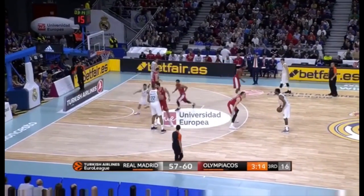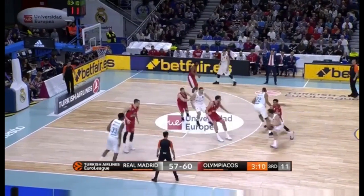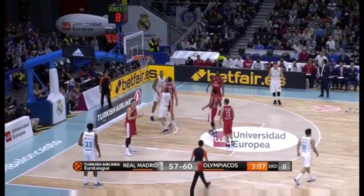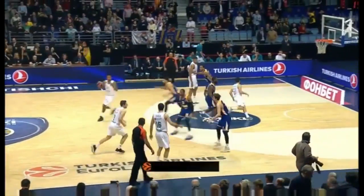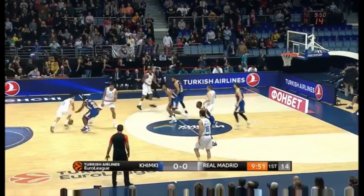Doncic up top to Tompkins. Tompkins off to hand off to Campasso. Campasso looking for the pick. Tavares not getting to the lane. Koser gets to the ditch, a late arrival into the arena. I say not late, he's just making his way back to the bench. The opening tip was contested as he made his way back to his position on the sidelines, and he's being